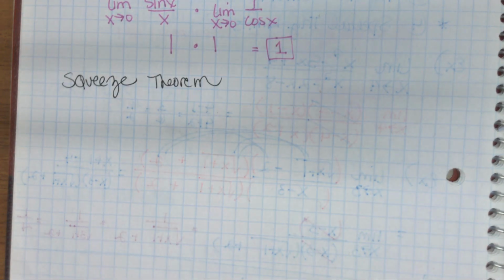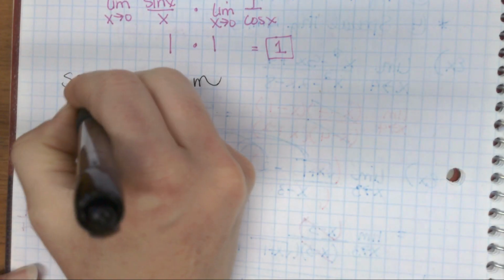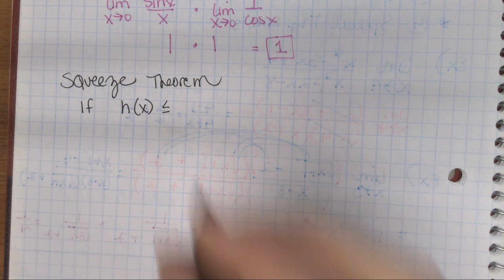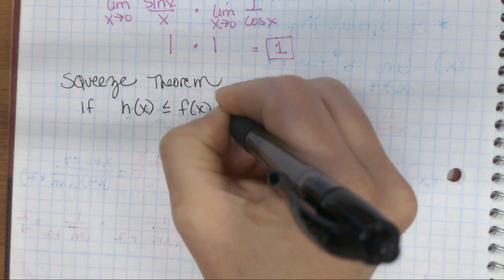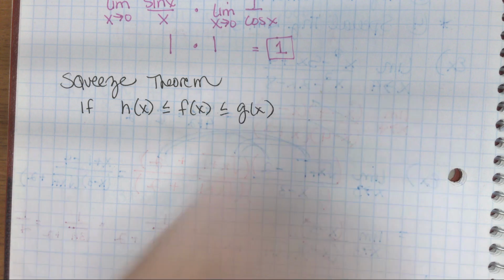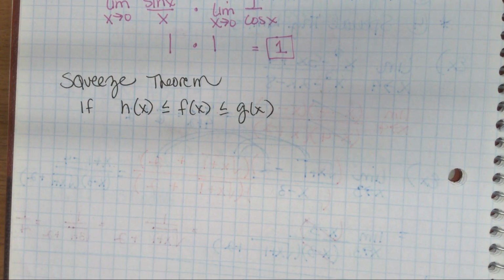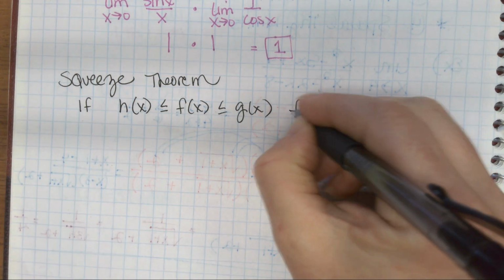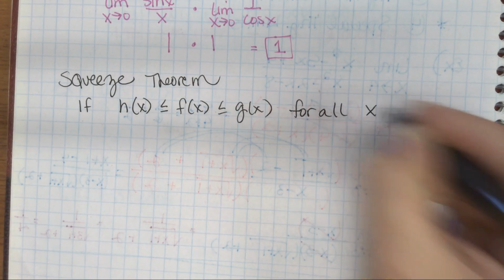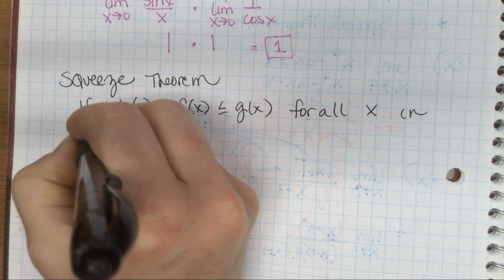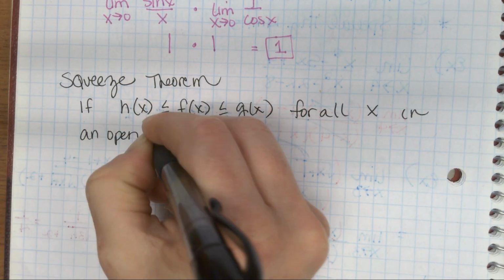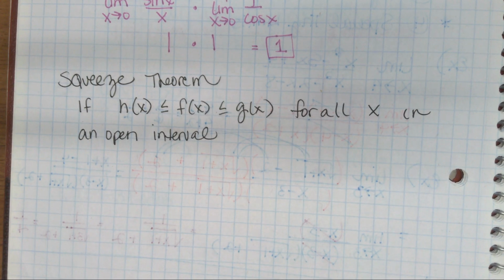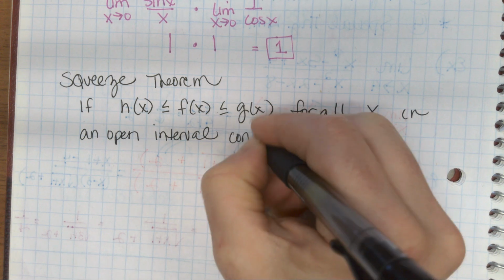It says this: if h of x is less than or equal to f of x is less than or equal to g of x, for all x in an open interval containing c,